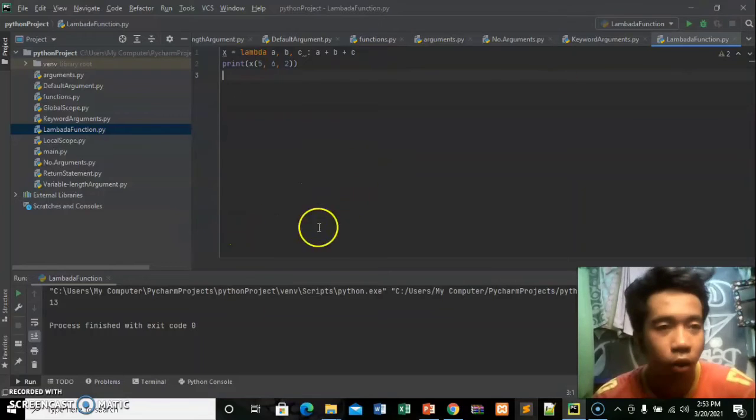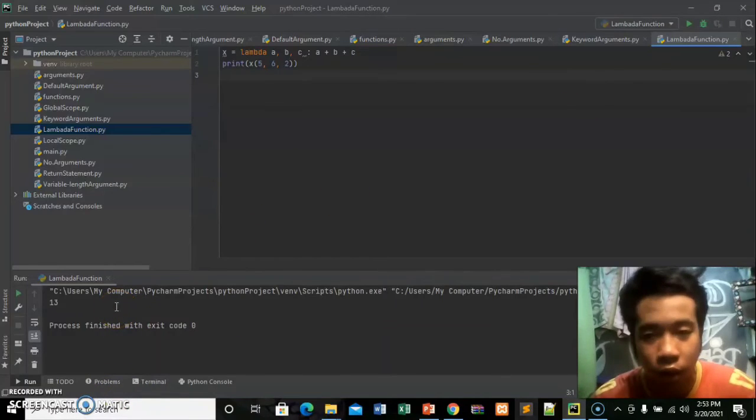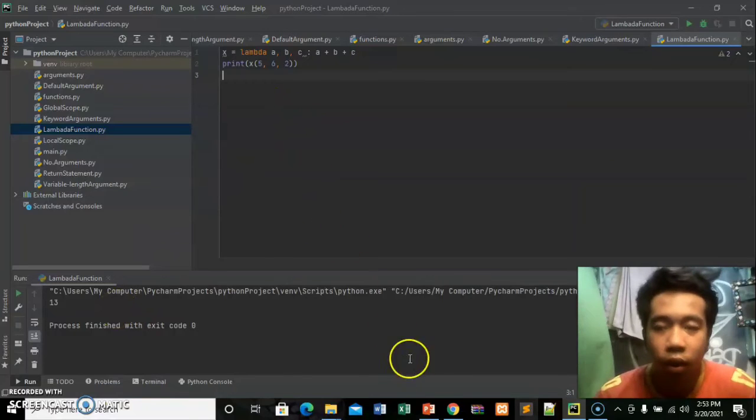The output is 13. It just computed the addition. So guys, next is